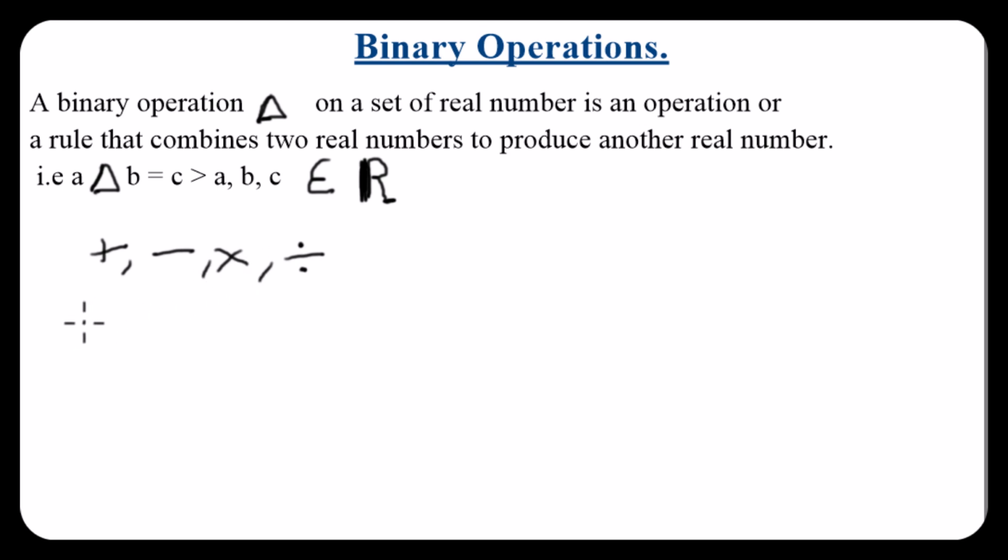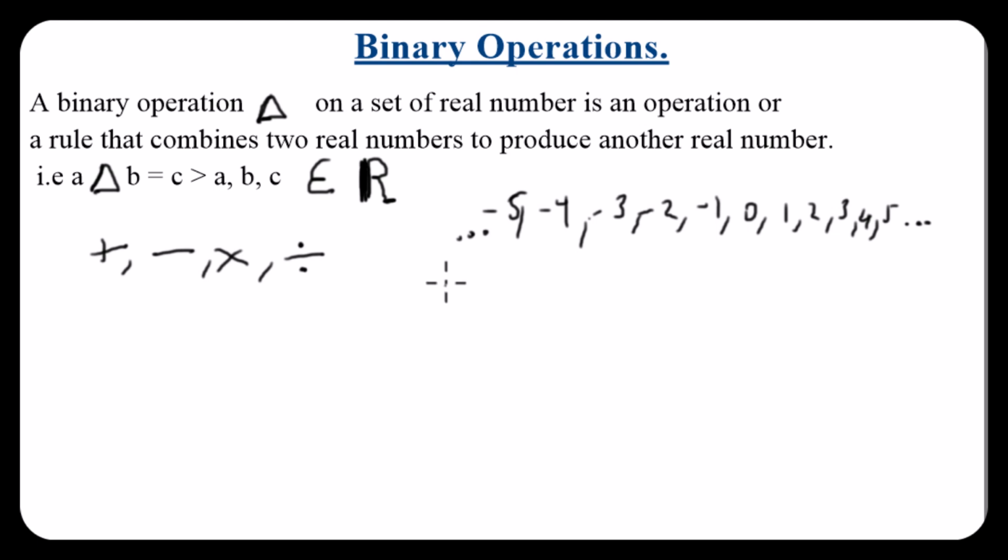So let's say I was to combine two real numbers. Think of any real number of your choice. Remember, real numbers span from negative infinity to positive infinity. So let's say I have negative 5, negative 4, negative 3, negative 2, negative 1, 0, 1, 2, 3, 4, 5, dots to infinity, and this is coming from infinity. So we can say that real numbers are numbers from negative infinity to positive infinity, just like what we denoted there. Now, if you decide to combine any two of these numbers,